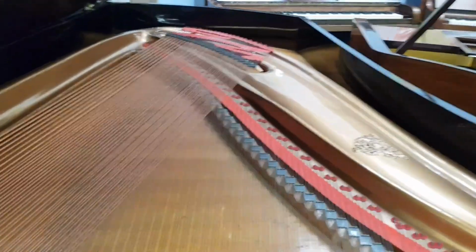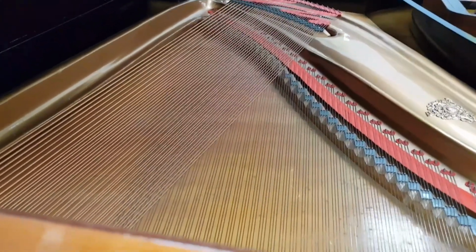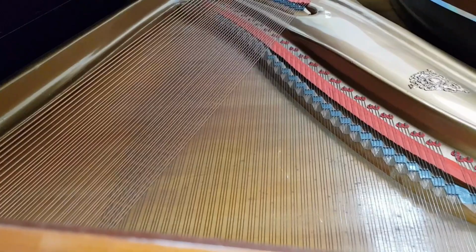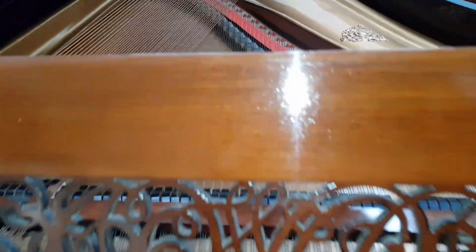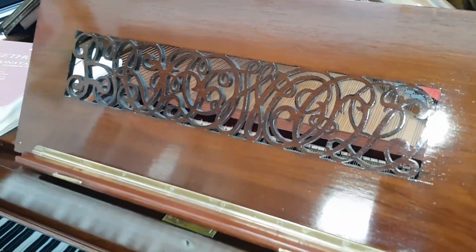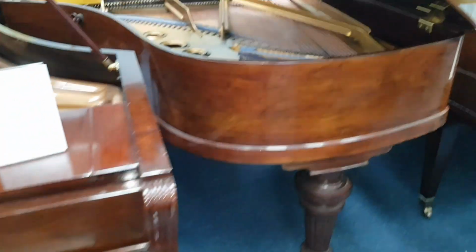So it's a long piano. This is 229 centimeters, so a long piano, but very well made, extremely well made piano. And very, very decorative too. That's the name Broadwood there. Anyway, we have a video of this already, so I'll pass on to the next one, which is a Bluthner